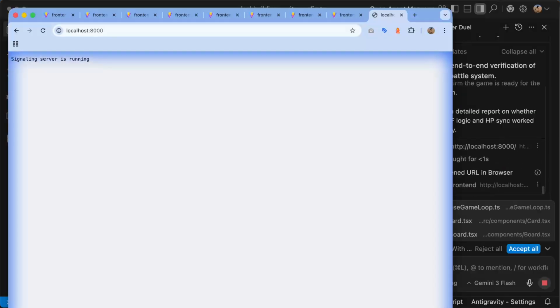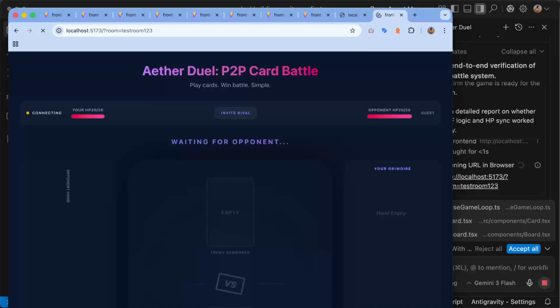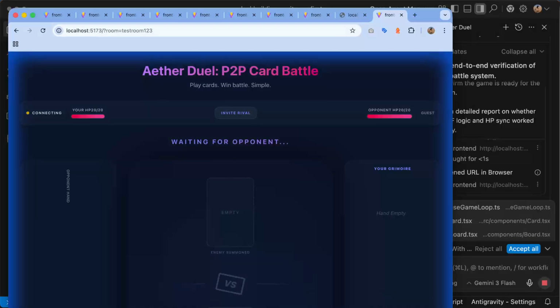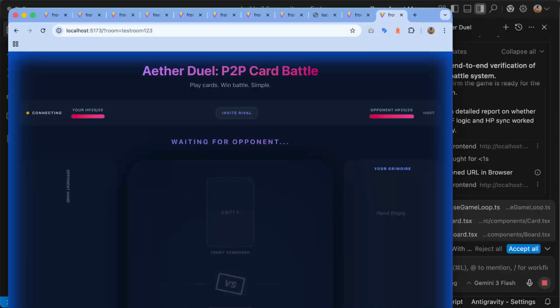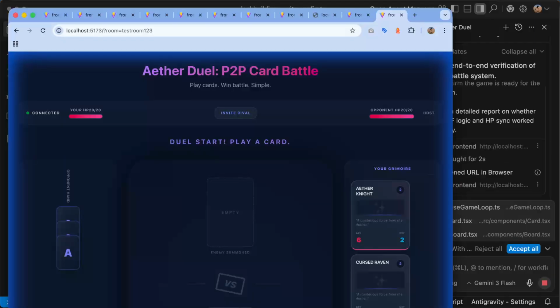It's now firing up our signal server. He is now testing things out. So that's also really cool, right? You just can see what your agent is doing, and hey, how cool is this?